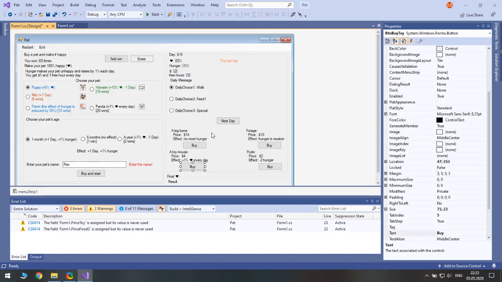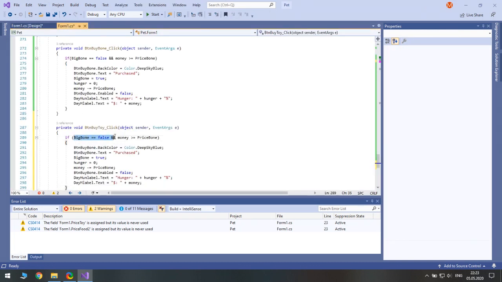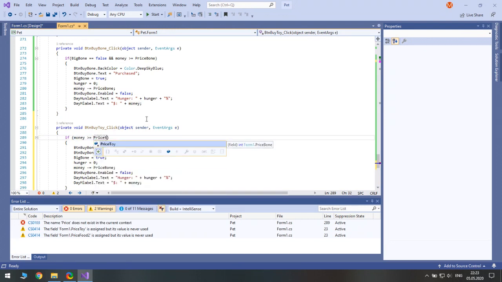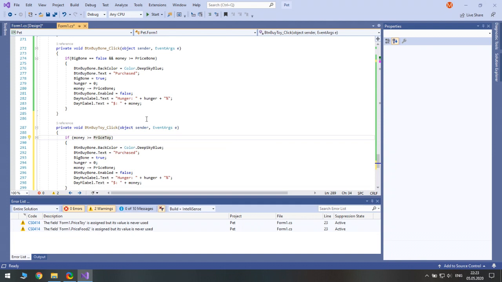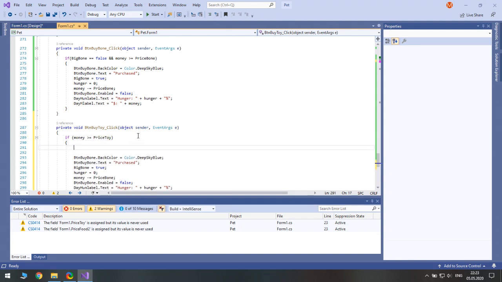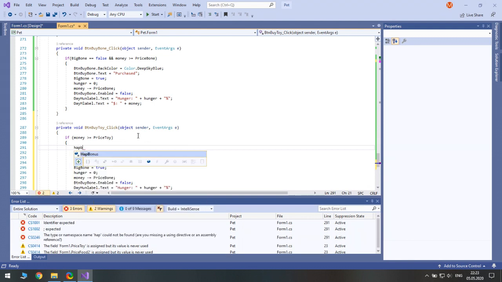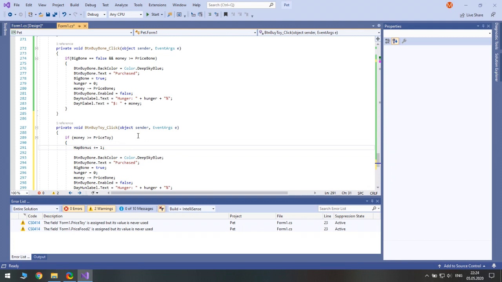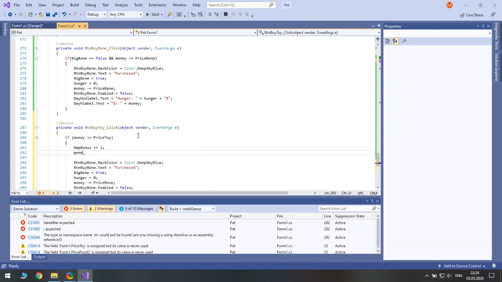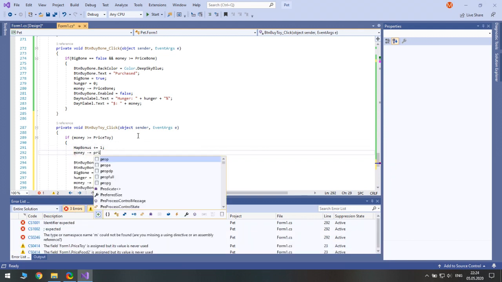So, let's, well, it increases happiness. Actually, the effect could be accumulated. So let's check only if money is bigger than the price for toy, and we increase happiness bonus by 1. We subtract money by the price of the toy.